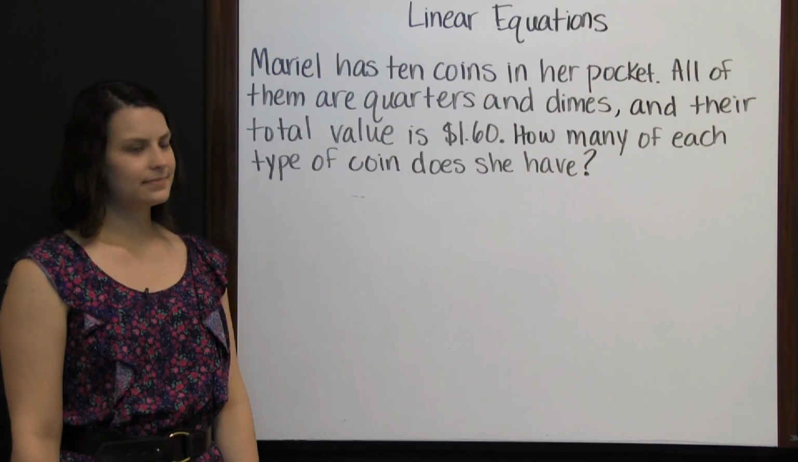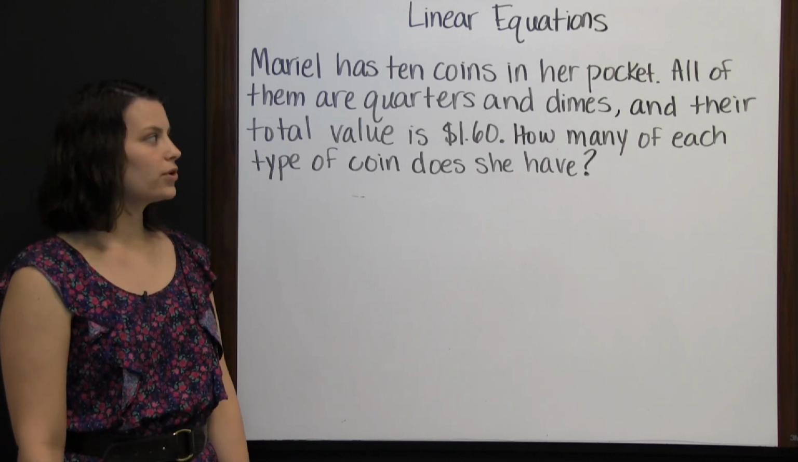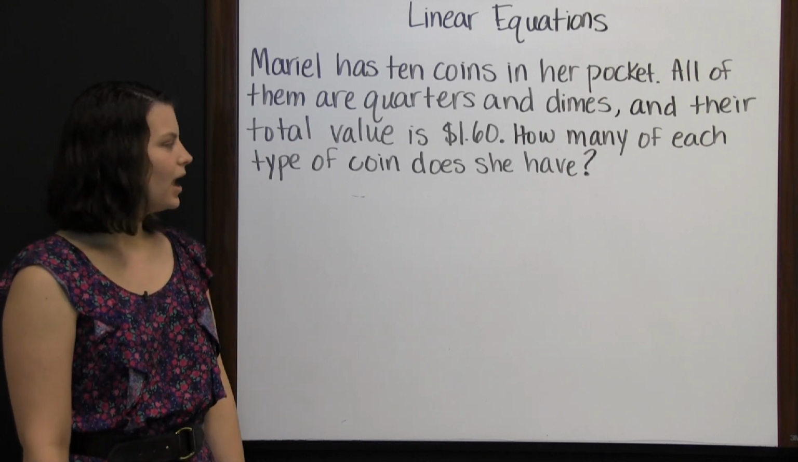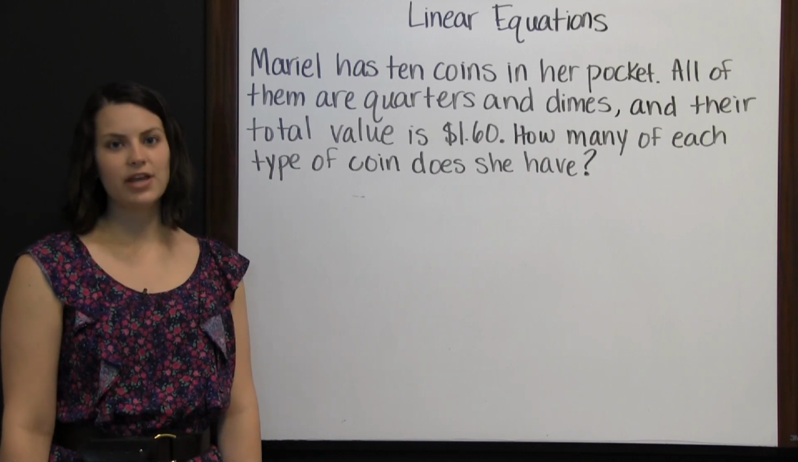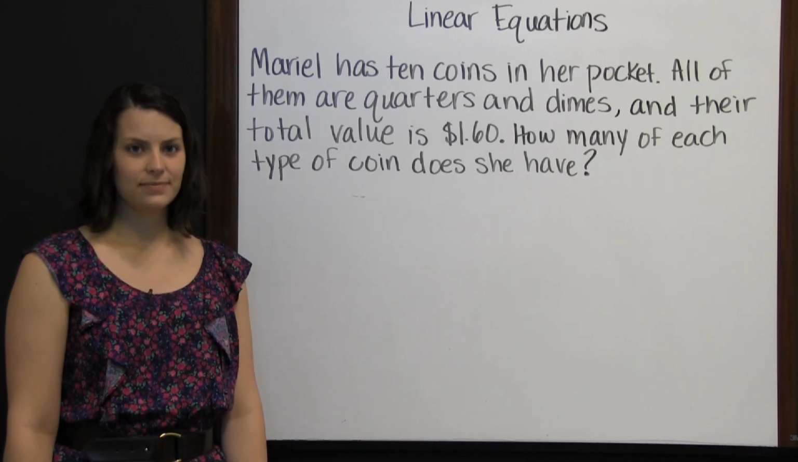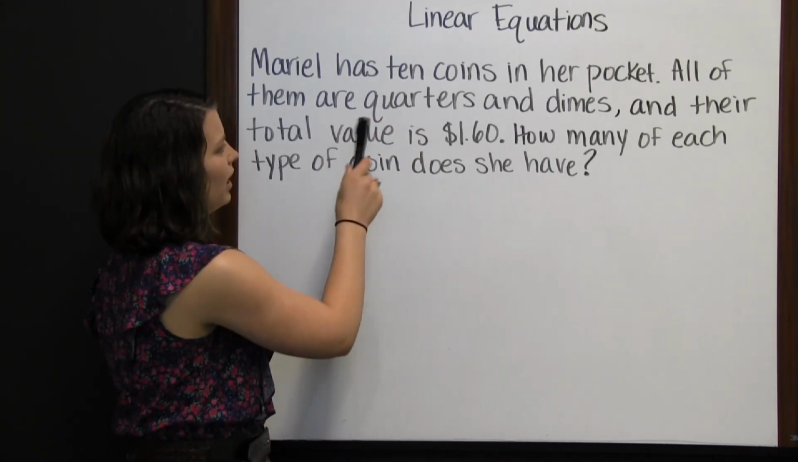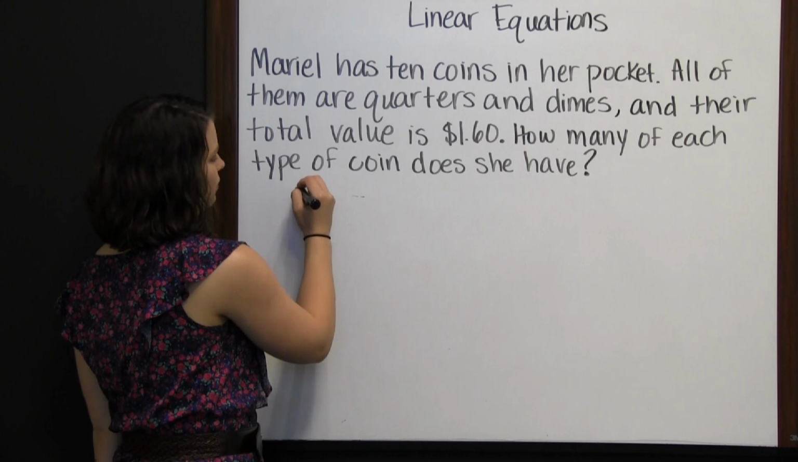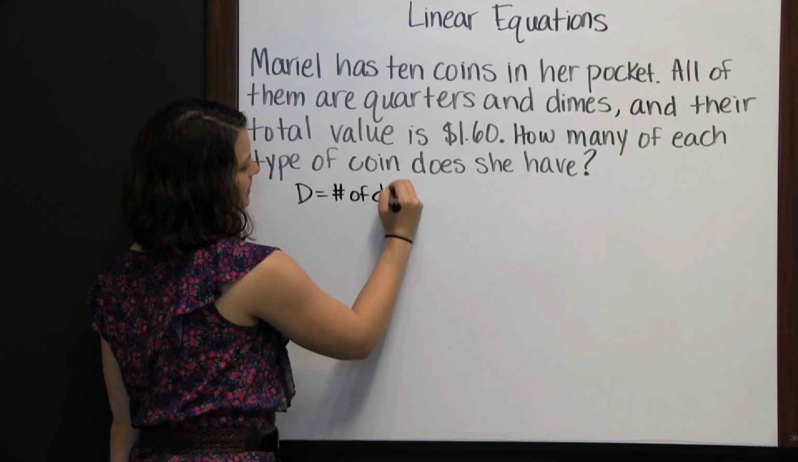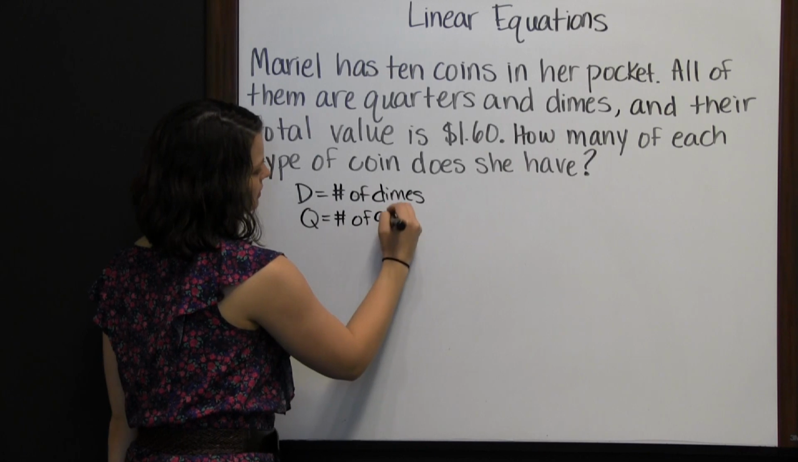Linear equations. Marielle has 10 coins in her pocket. All of them are quarters and dimes, and their total value is $1.60. How many of each type of coin does she have? We can solve this by using a system of equations. We're told that she has 10 coins in her pocket and that they're all quarters and dimes. So if we use D for the number of dimes and Q for the number of quarters,